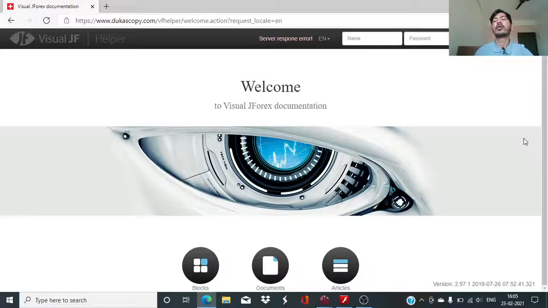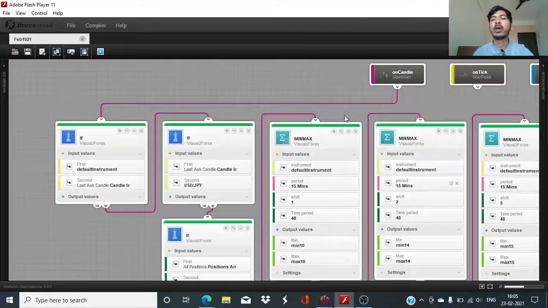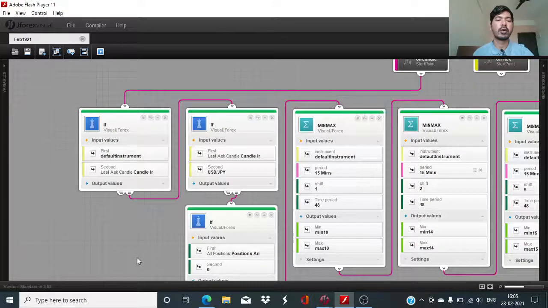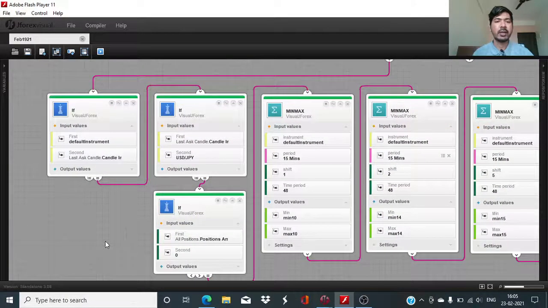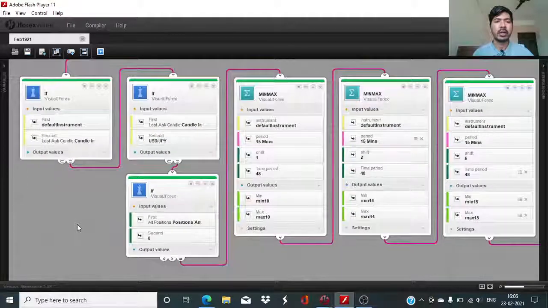Vaibhav. In today's session of Visual JForex, I will be continuing with the demonstration of the algorithm development using the indicator named min-max, which is the indicator used to look at the minimum and the maximum price over a given period of time. So we will now be getting back to the Visual JForex board, which has been developed by the Dukascopy Bank SA. In prior sessions, I have built this structure which is going to be helpful in continuing